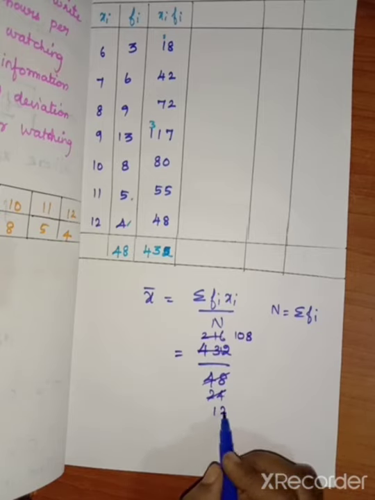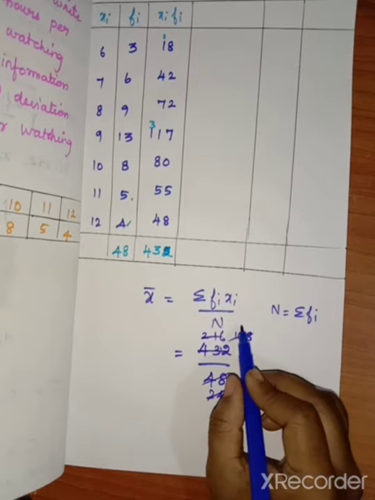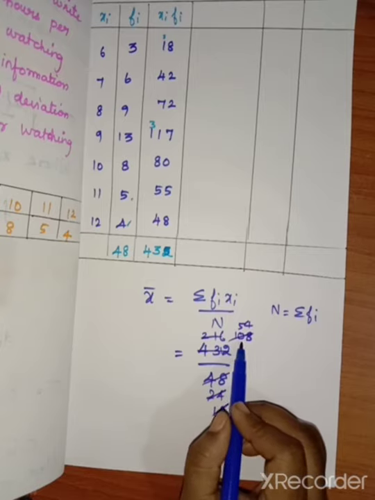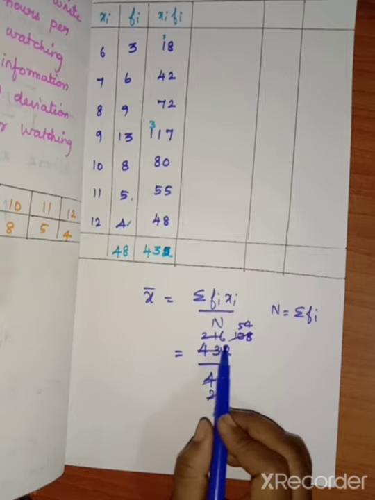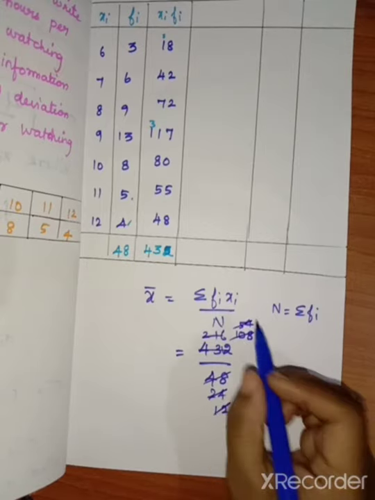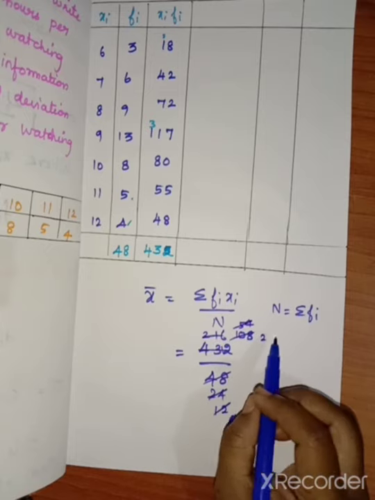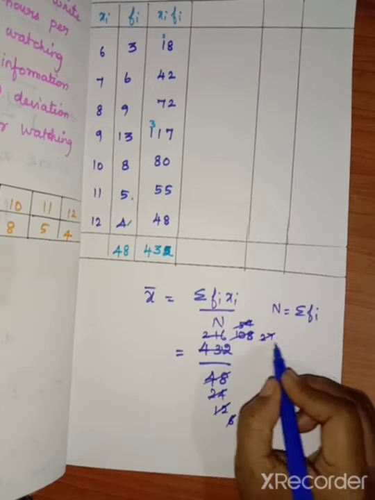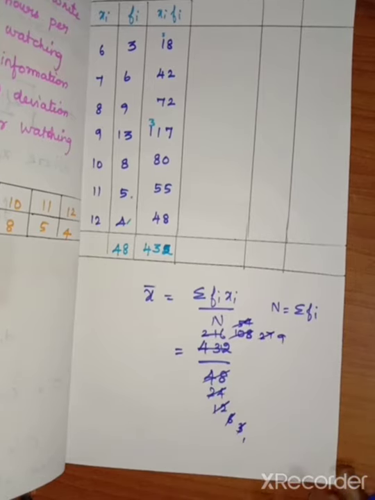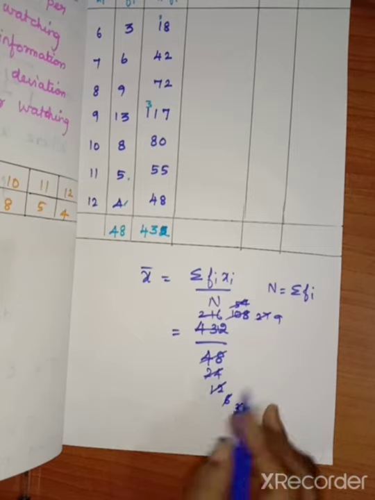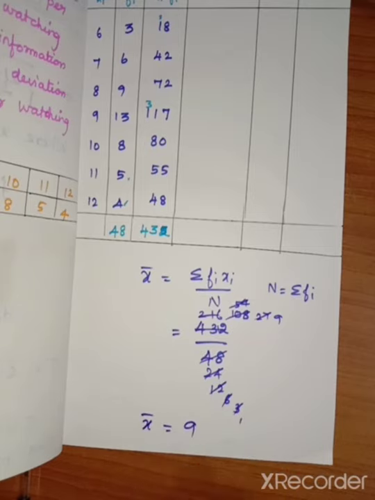So again we can use the 2 table. 6 2s are 12. 5 2s are 10. 4 2s are 8. First two numbers can come, so that is not a problem. In between, when we take two numbers, those zeros will be calculated. Then 3 2s are 6. Here 2 2s are 4. Remaining 1. 7 2s are 14. Here we can cancel with the 3 table. 1 3 is 3. 9 3s are 27. If you know the cancellation means you can use the cancellation, or otherwise you can use the straight method. So here x bar equal to 9.